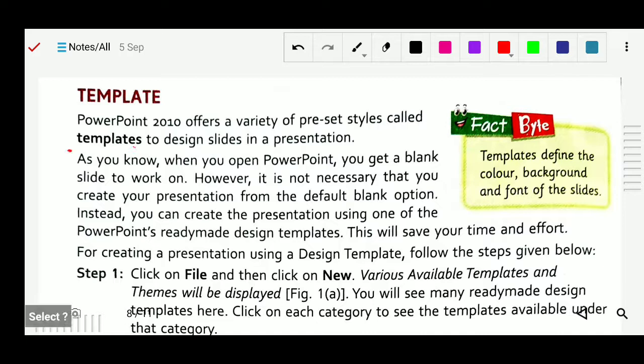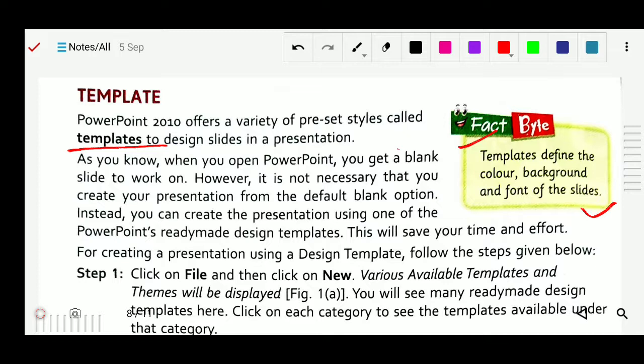That is called a template. Templates define the color, background and font of the slide. So simply, a template is a variety of preset styles provided by your MS PowerPoint.